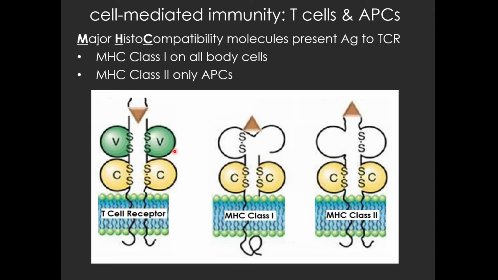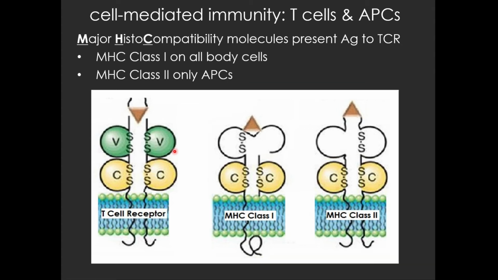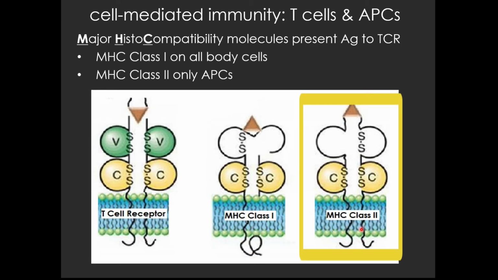And that particular antigen always has to be presented to the T cell receptor by antigen presenting cells. And the antigen presenting cell will present that antigen to the T cell in what is called a major histocompatibility molecule, which you'll see here at the top, abbreviated MHC molecule. We have two kinds of MHC molecules. We call them MHC class 1, which is in the middle here, and MHC class 2, which is on the